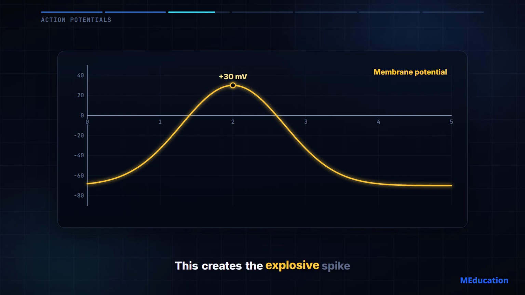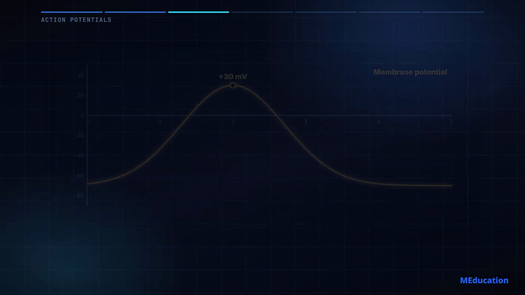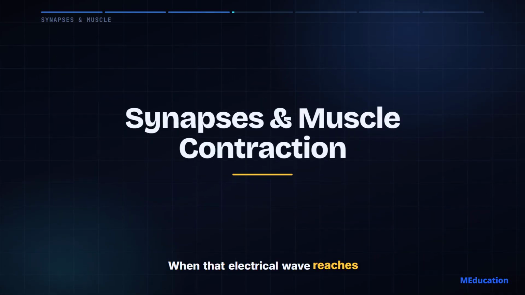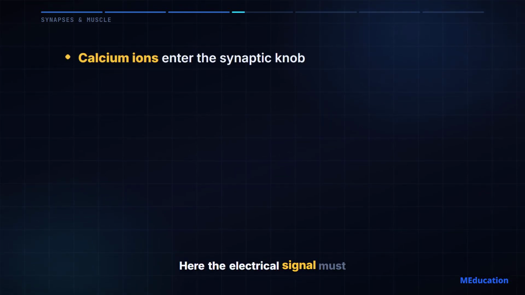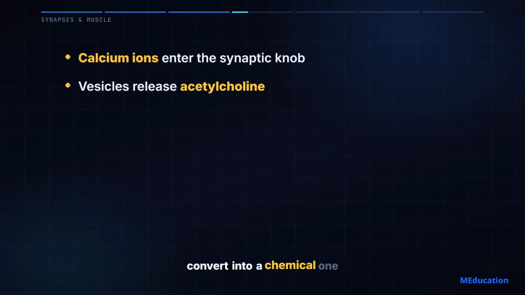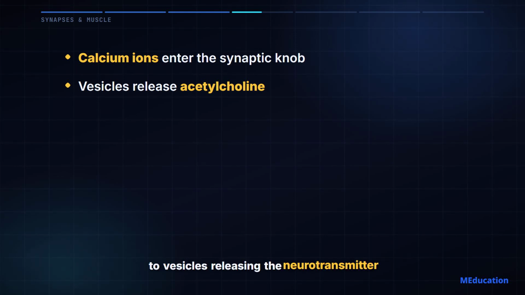This creates the explosive spike of an action potential, which propagates in one direction down the axon, followed by rapid repolarization. When that electrical wave reaches the end of the neuron, it hits a physical gap called a synapse. Here, the electrical signal must convert into a chemical one. You will map the exact chronological sequence, from calcium ions diffusing into the presynaptic knob to vesicles releasing the neurotransmitter